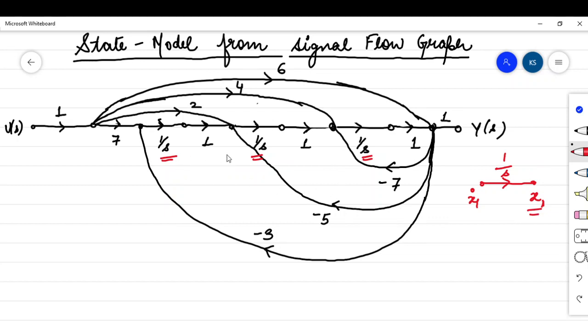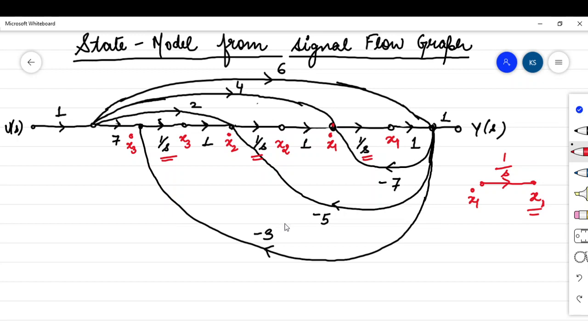So we will begin this. What we have done is, I have taken 3 integrators, and I have defined the output of each integrator as the state variable. So this is equal to x1, and because this is the input to the integrator, it is equal to x1 dot. Similarly, this is another integrator, so I have defined another state variable as x2, and the input to it is x2 dot. In the same way, this is the third integrator, the output is x3 and the input to it is x3 dot. So we have defined the state variables like this.